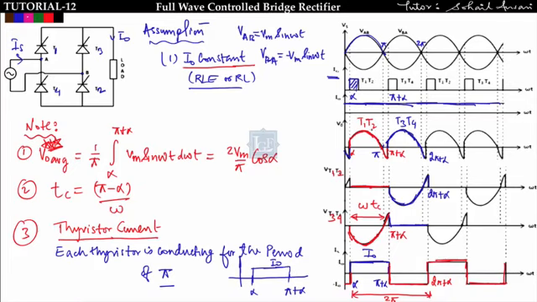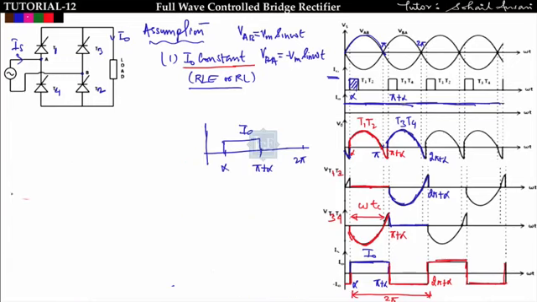Similarly, the conduction angle of the other thyristor will look like this in one period. This is the conduction angle of thyristors T1 and T2. Now if I have to find the conduction angle of thyristors T3 and T4, then T3 and T4 are conducting from pi plus alpha to 2 pi plus alpha. Is it fine? And the current will be somehow like this. This is the maximum current. The current is equal to the load current only.